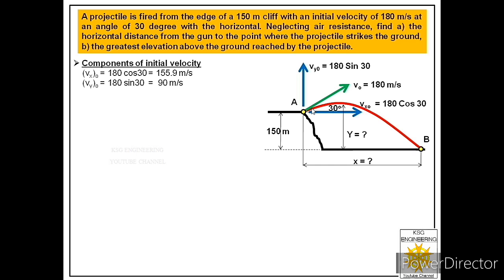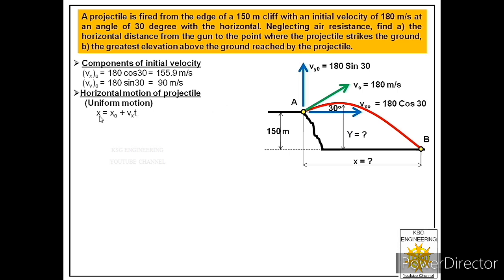So let us first understand the horizontal motion of the projectile, and we know it is a uniform motion. In uniform motion, we have one equation, that is x is equal to x naught plus vt. So for the horizontal motion of the projectile, this equation is applicable. So let us see what values we know in this equation for this particular problem.